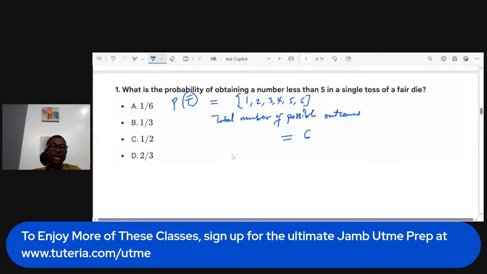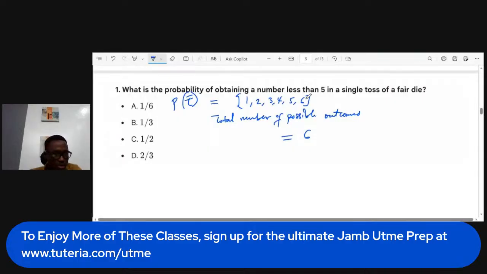Some questions will say, what's the probability of obtaining a number less than or equal to 5? If you think they're just saying less than 5 and you count 1, 2, 3, 4, you get it wrong. But in this case, they're saying less than 5, so 5 is not inclusive. Please don't do what they did not ask you in the exam. So how many numbers are less than 5 here? 1, 2, 3, 4. Those are 4, right? We have 4.